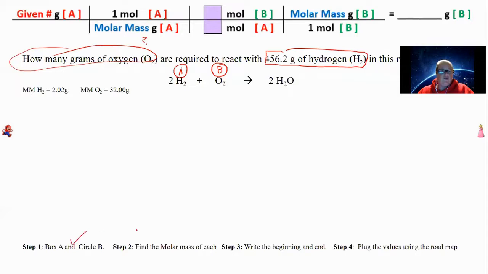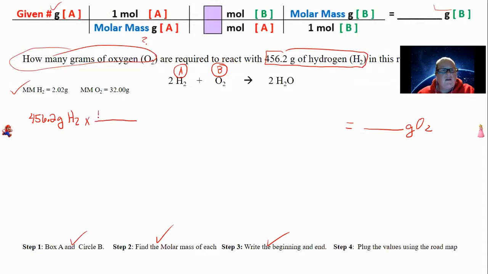Step 2, find the molar mass of each. I found that and included it to save time. Step 3, write the beginning and the end. 456.2 grams of hydrogen. We have to include the formulas. And the end, we're looking for grams of O2. All right, plug the values in using the roadmap. I've got my beginning, got my end,